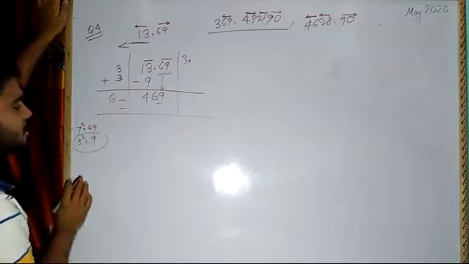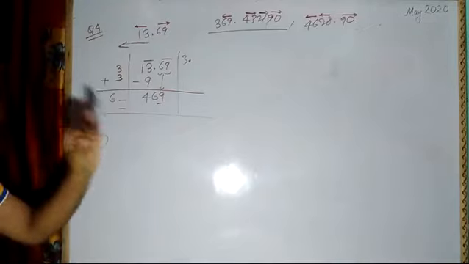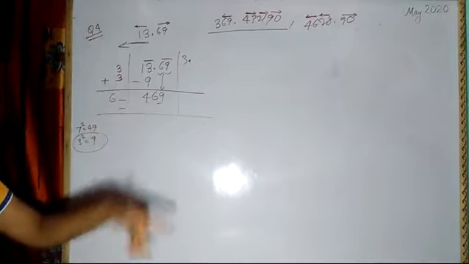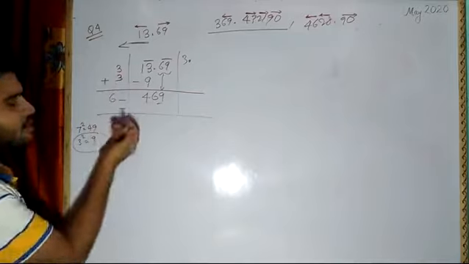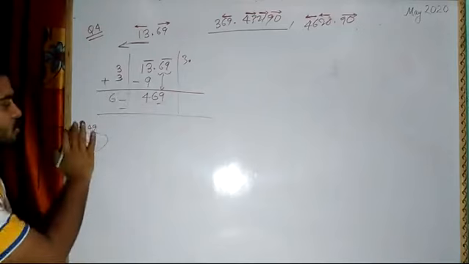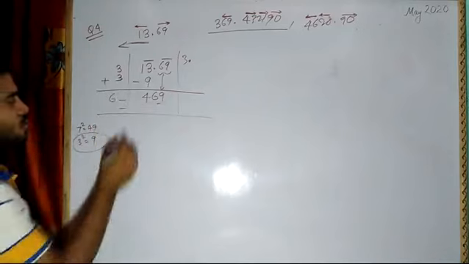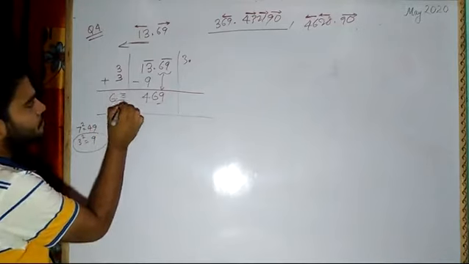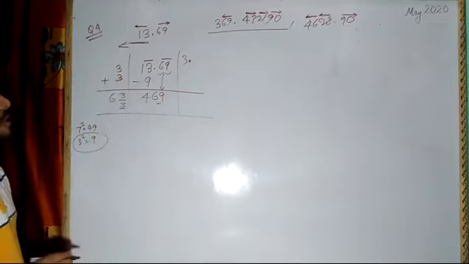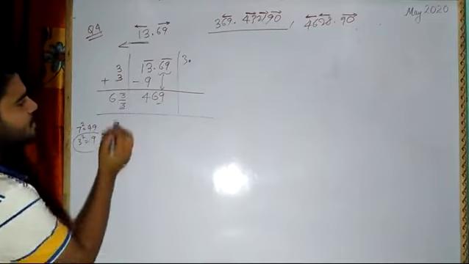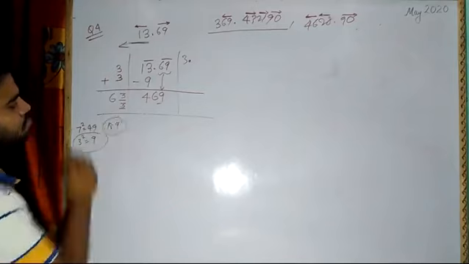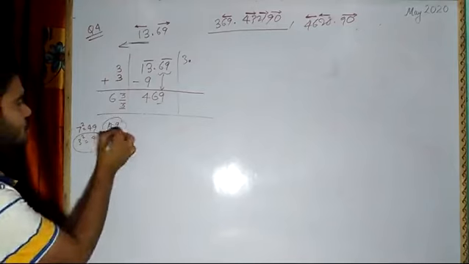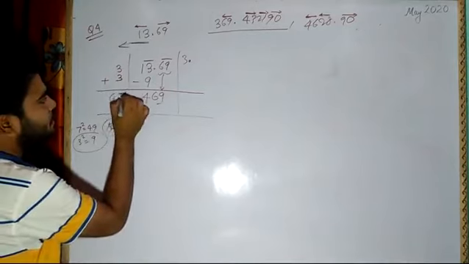I think it will be this one or this one. No need to check for 1, 2, 4, 5, 6, 7, 8, 9. Except 7 and 9, why to put other numbers? First we will try to see with these two numbers. So I will keep here 3. If I keep here 3, will I get 3 3s are 9, 6 3s are 18. 189, it is wrong. If I put here 7,